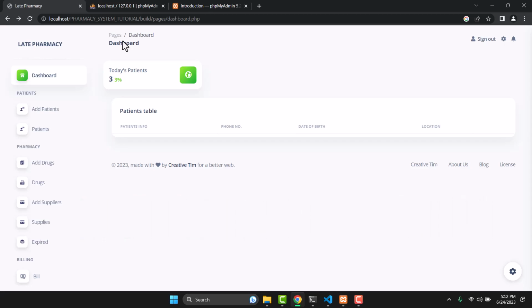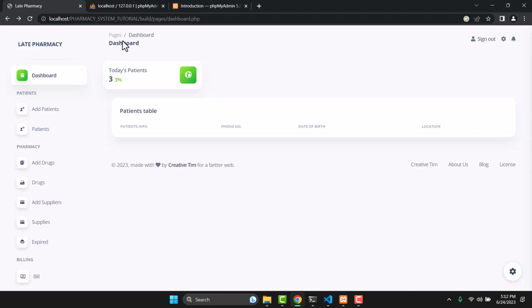The database is a location where we'll be storing all the records that we are going to require for this system. And because in the first episode I talked about XAMPP, which provides you with a localhost server from where you can host your own system or even website, we are able to access something that we call